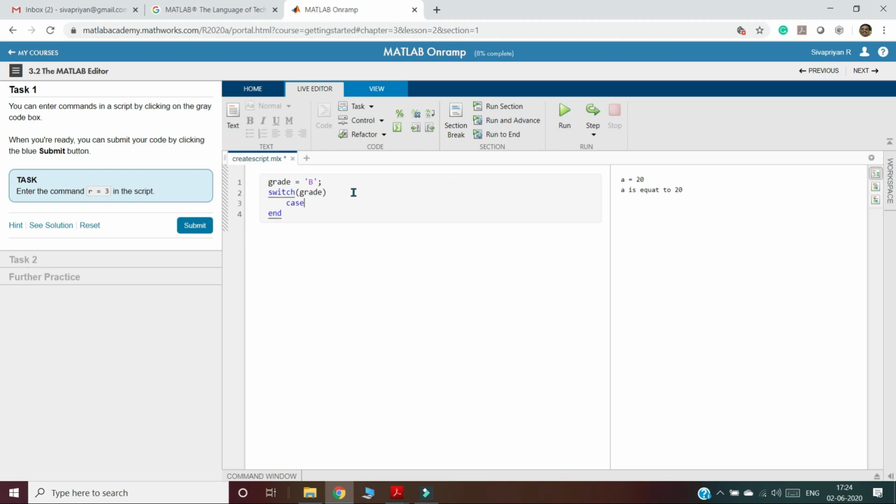First one, case A, printf excellent. Then if it is case B, excellent, then you have to give a semicolon.